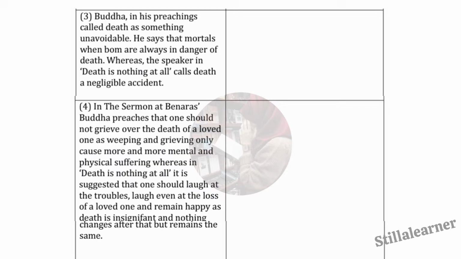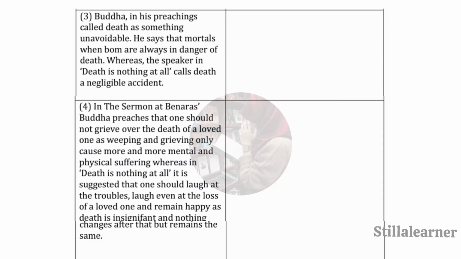He says that mortals, when born, are always in danger of death, whereas the speaker in Death Is Nothing At All calls death a negligible accident. Fourth difference is in the sermon at Banaras, Buddha preaches that one should not grieve over the death of a